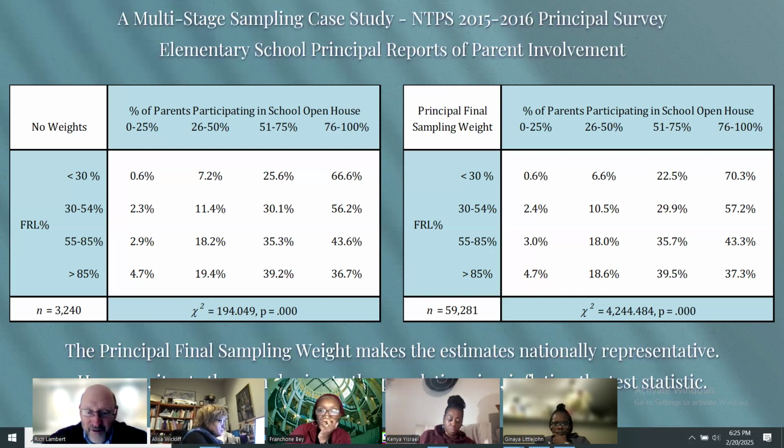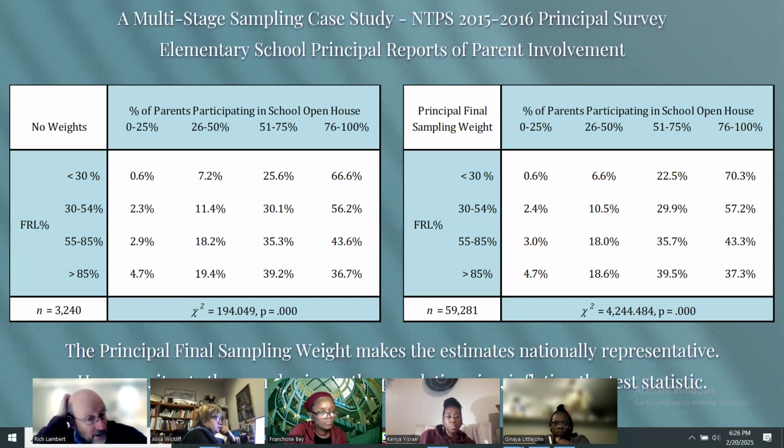That's a mouthful. But do you see what I'm getting at? In other words, the first row: the 0.6, the 7.2, the 25.6, and the 66.6. That's of principals that work in those elementary schools with less than 30% free or reduced lunch. Most of them said that 76 to 100% of their parents will show up